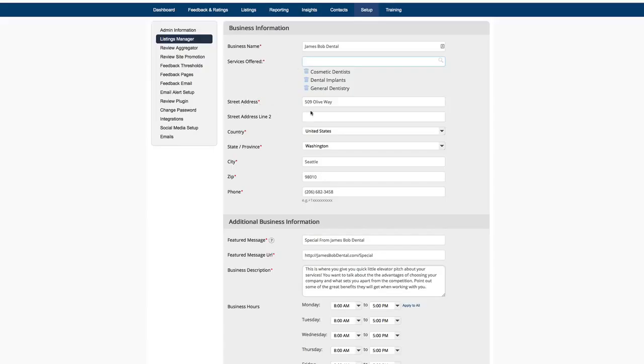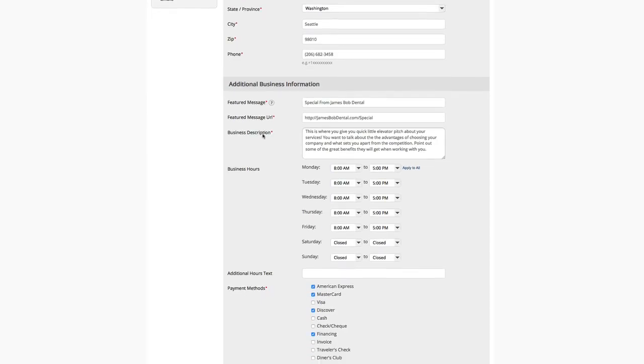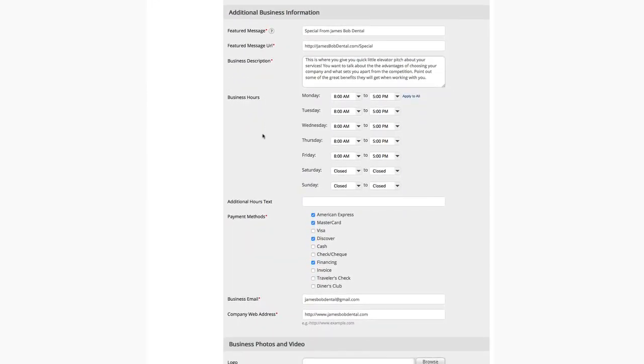The street address, you can see that we've got a street address in here. All name, address, phone number, zip code, all that stuff is pretty much standard, and that's done in the setup process. When we get down here into the additional business information, this is all important stuff for that all important review microsite that we're going to help build for you,